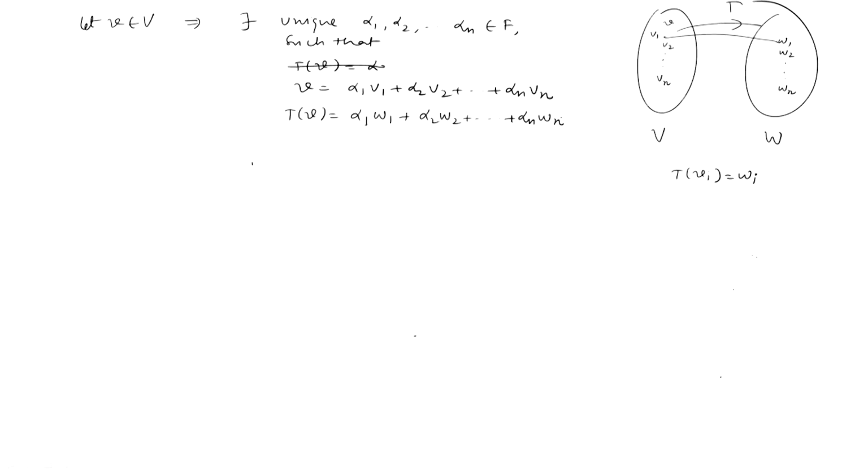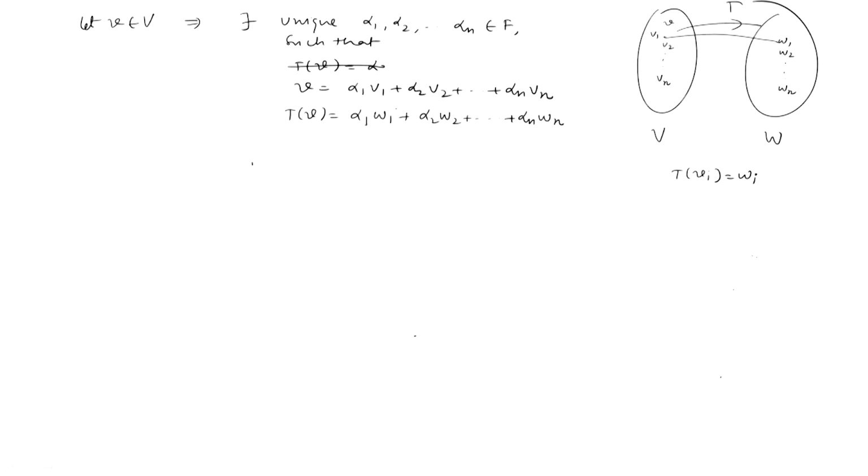Now, this T is well defined and it is clear that T of Vi is Wi. Now, we have to show that this map is linear and, number 2, that it is unique. So, for linearity, how can we show it? You can take V and P, two elements in V. You take any alpha belonging to the field, and we have to show that T of alpha V plus P is equal to alpha TV plus TP.